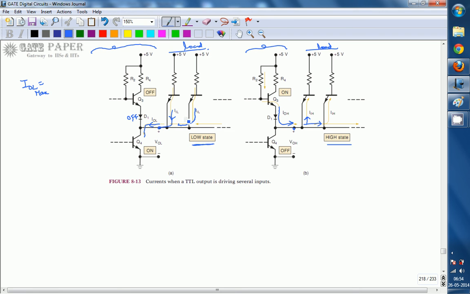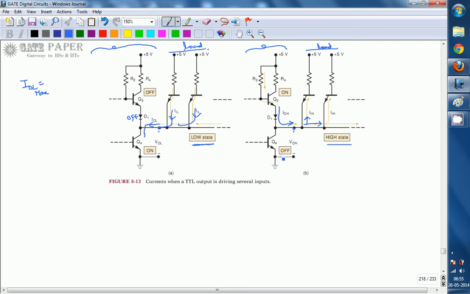The currents are going to be coming and they will be added. So now IOH is going to be the maximum. IOH is nothing but the maximum output current when the output node is at high level. So that current is going to be divided. Whenever it is divided, if you add more and more stages, they are going to get less and less current. As you increase the number of stages, IOH for each stage is going to be reduced.